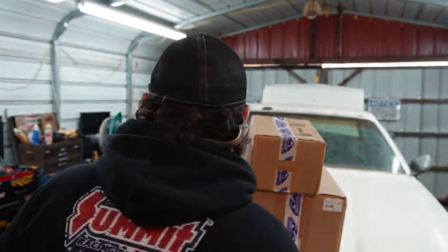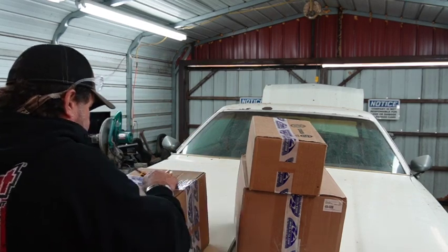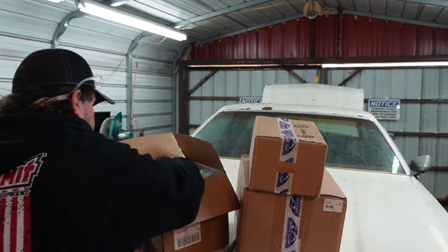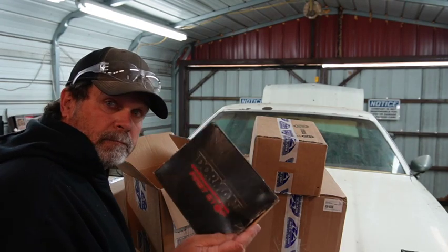So at this point in time, let's turn around and get into these boxes. Brake hose, brake hose,